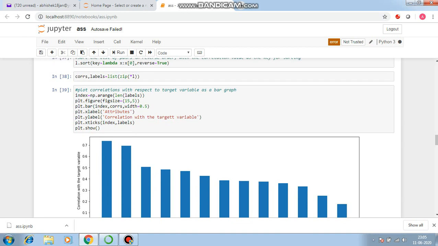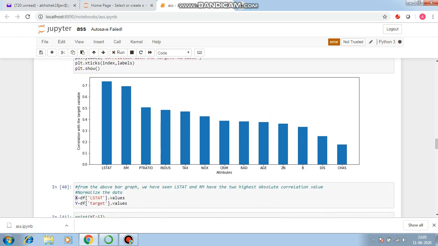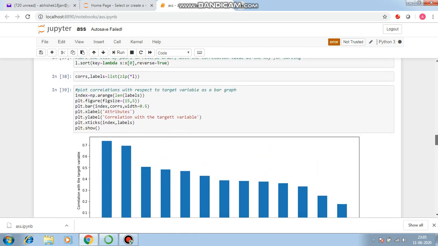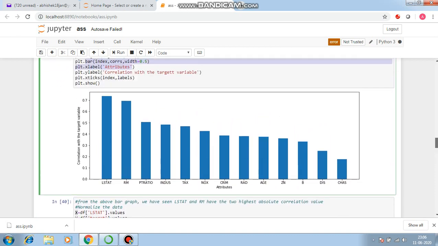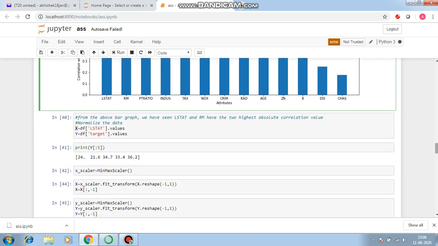If we want to graphically determine which attribute has the highest score, we can select a bar plot to show which attribute gives the maximum correlation. From here we get to know that LSTAT gives the maximum correlation, and after that RM gives the next highest correlation.